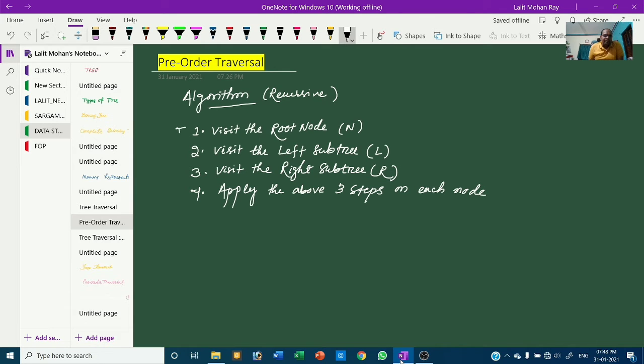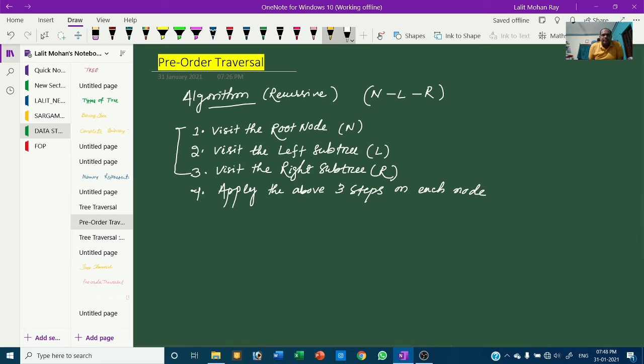So the sequence is N, L and R. This is the recursive algorithm for pre-order traversal of a binary tree. That means visit the root node first, then the left subtree, then the right subtree.